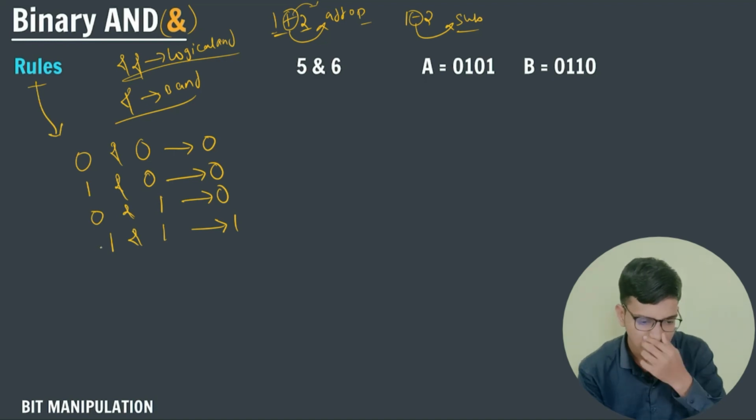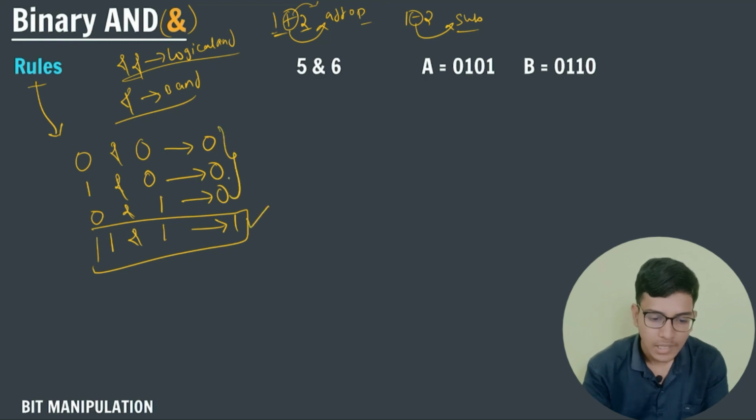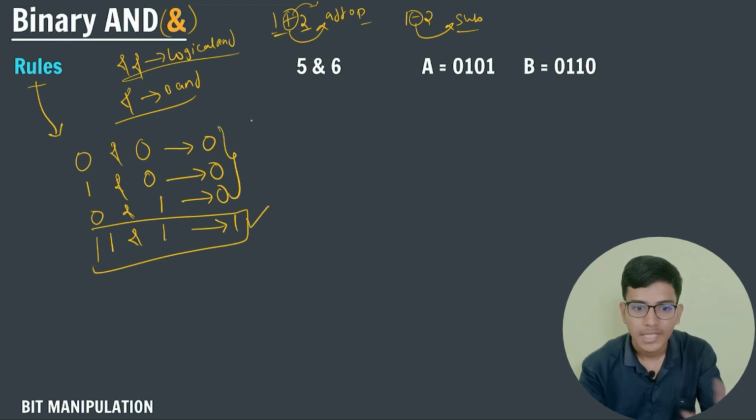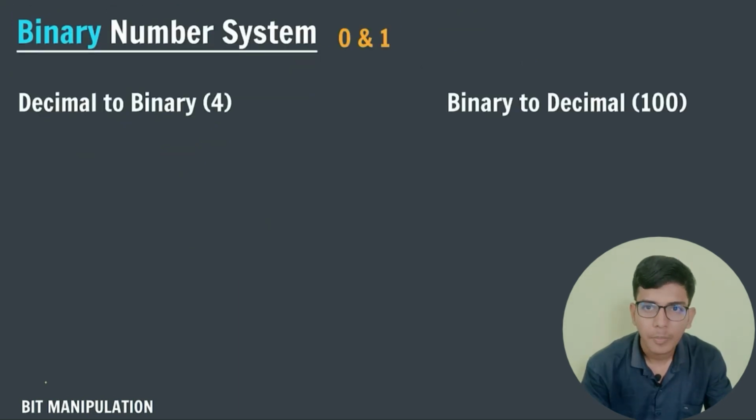So remember guys that if and only if both numbers are 1, then the output I will get is 1. In any other scenario, if any one of the given numbers is 0, then the output will be 0. So this is the logic for binary AND. Let us see an example where a is equal to 5 and b is equal to 6. Before we perform operations with bitwise operators and all those things,